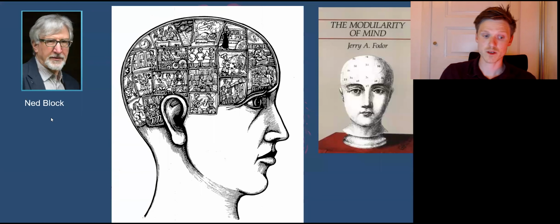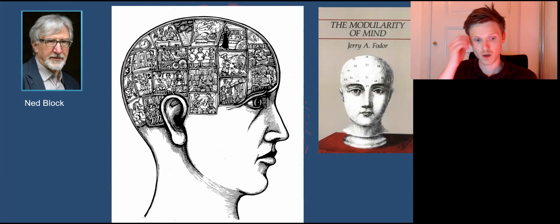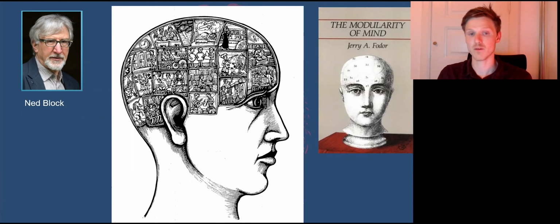So one proponent of first order theory of consciousness is Ned Block. And to explain his position, it's perhaps instructive to explain the concept of the modularity of mind. This is the notion that the mind, or mental state, at least to some degree, is composed of individual parts or mental modules, if you will, which are distinct from each other. And they can be related to specific neural structures. And these mental modules have, for example, distinct evolutionary functions. And this was proposed by Fodor in 1983.